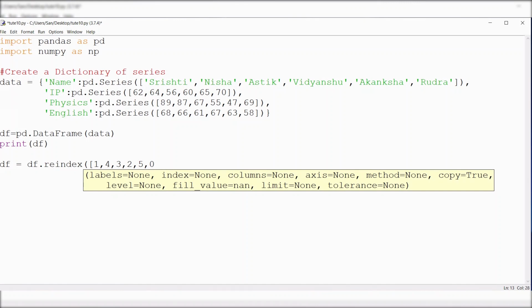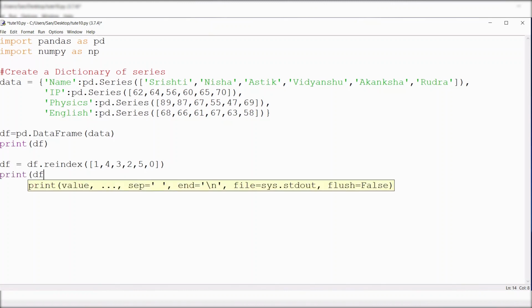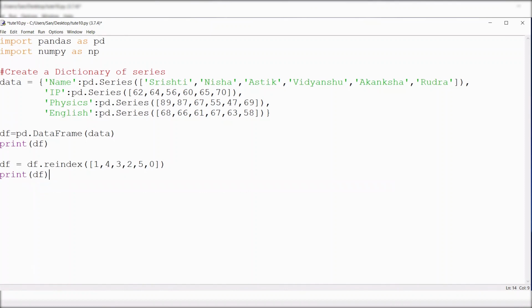Okay, there are 6 values. Then close the bracket, then print df, now run your program.